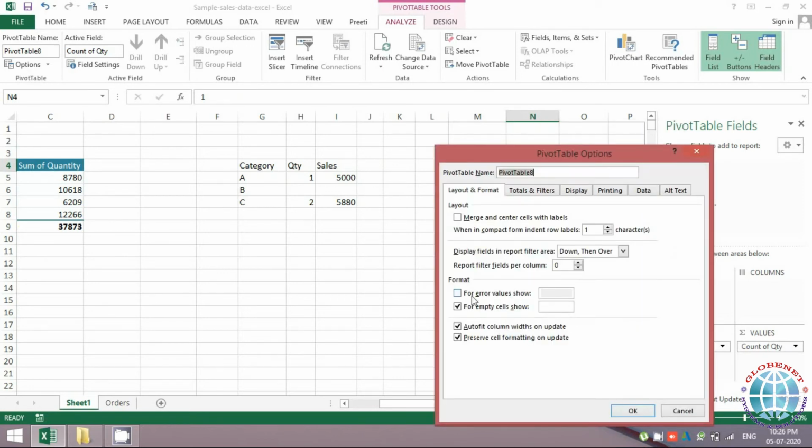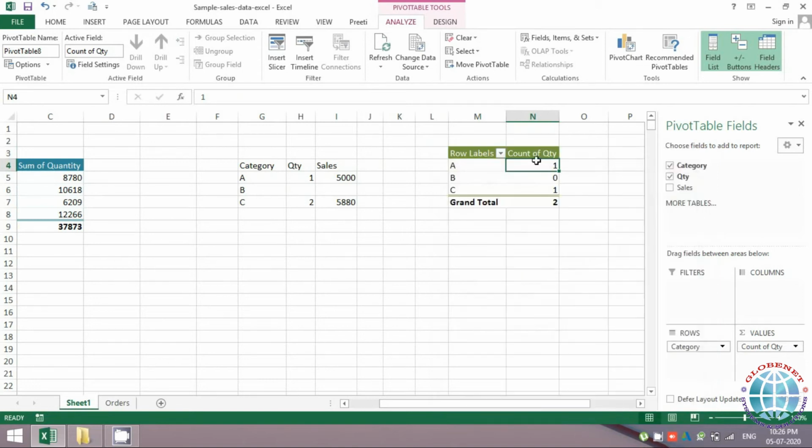So here it says for empty cells show some value. You can write any numeric, text or alphabet, anything. You can write any character over here. Since it is numeric data, it's better to keep numeric, and you'll do okay. So wherever there was 0, now here I created a small table and there was just one blank, and as I said, you cannot directly edit this numeric column, so that's the reason why you have this good feature over here which can very easily fill in the values.